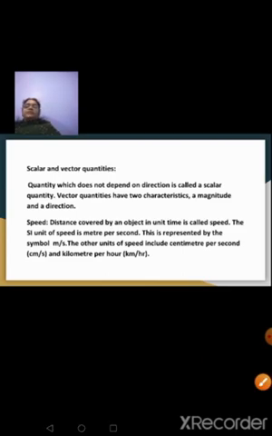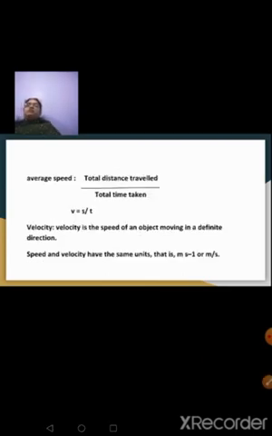Okay, next we'll learn about average speed. You must be calculating the average marks scored by you in class 8 or class 7. How do you do that? You take the sum of the marks scored in all the subjects and you divide by the number of subjects. So when you talk about average speed, it is the total distance covered by total time. Total distance travelled upon total time is what is called your average speed.